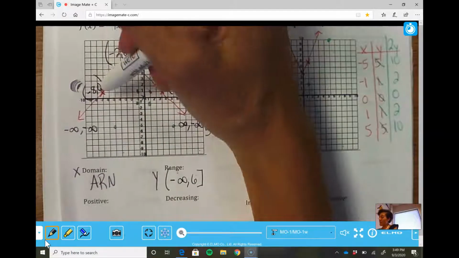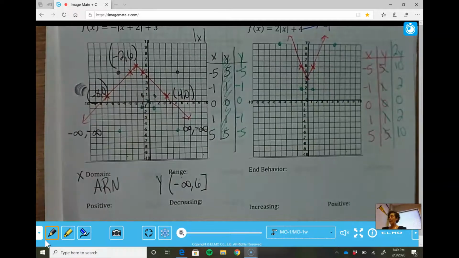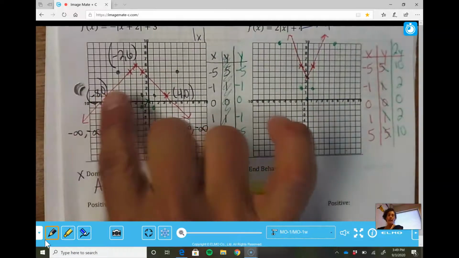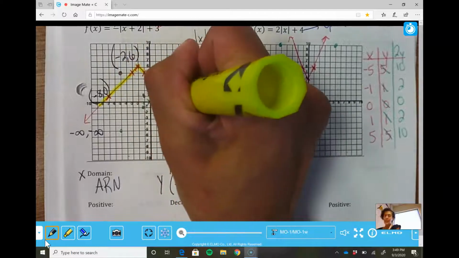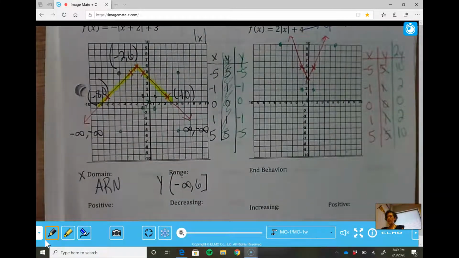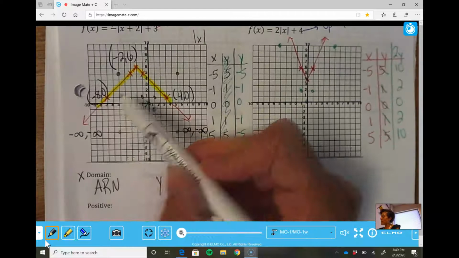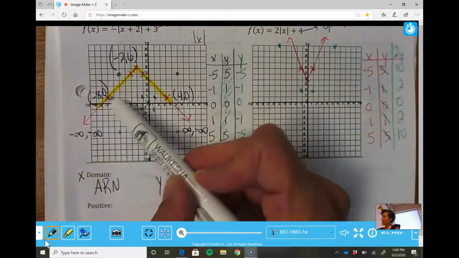Positive, so now I'm going to shade on here. Actually, I have a highlighter. So remember, positive is where y is positive. So this stretch is positive, and what I didn't highlight is negative. So I only need to address the positive, and it starts at negative 8